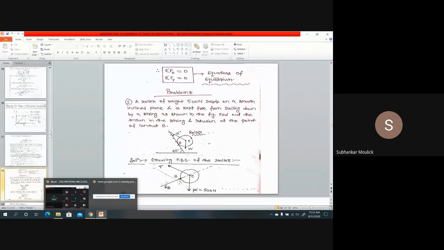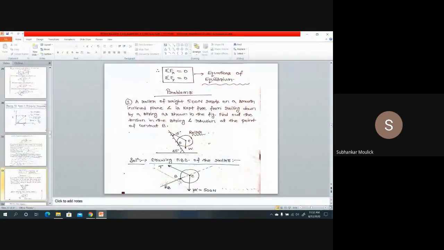The very first step in solving problems of mechanics is what? What is the very first step to solve any problem of mechanics? Sir, to draw the free body diagram. Yes, the very first step is to draw the free body diagram of the given problem. In a free body diagram, the first step is to identify the object. So identify the object from this question. What is your object? The roller. Roller is my object.